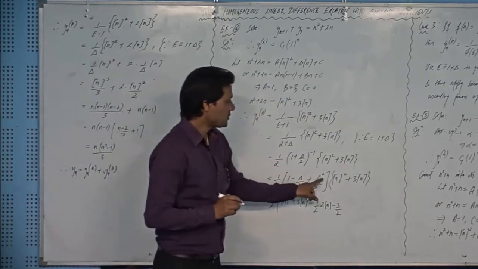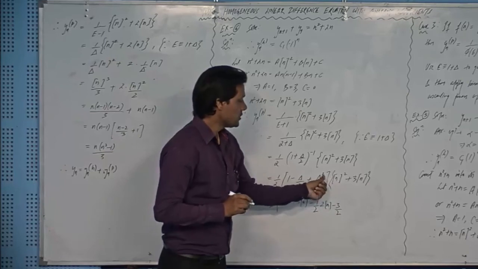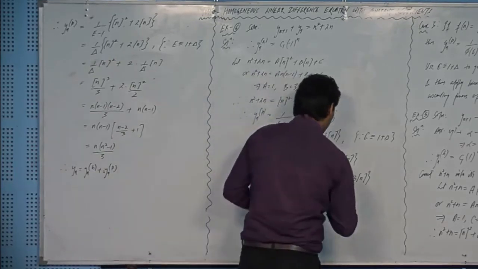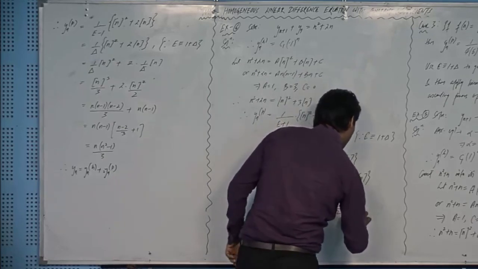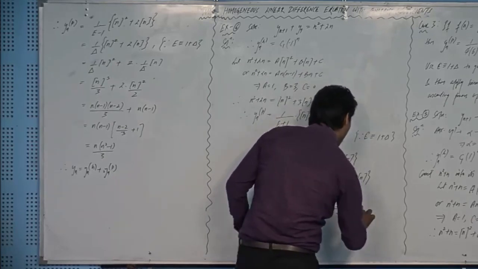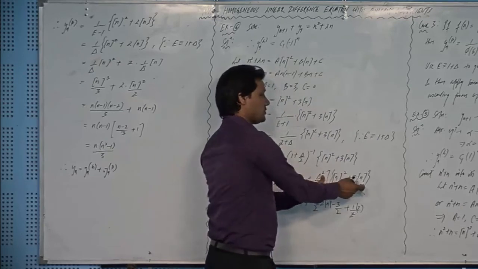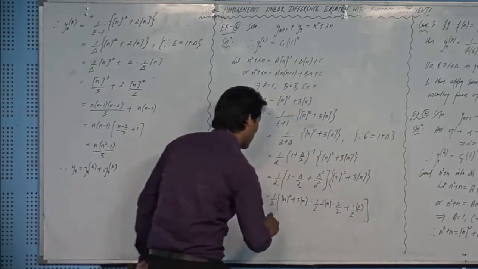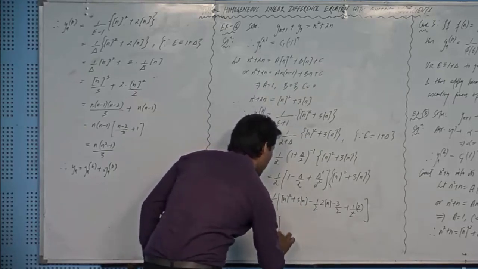And when you operate this delta square on this, double differentiation of factorial n square will give you 2, right? And you already have 1 by 2 square, so 1 by 2 square and 2, and double differentiation of this 1 degree polynomial will be 0. So ultimately I will close the bracket, right? So 1 by 2 and